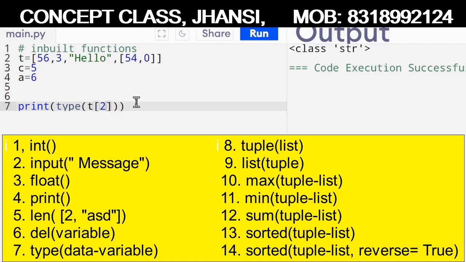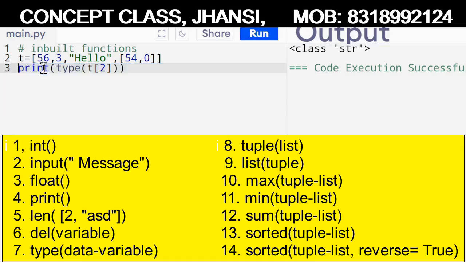So in this way we can check this. Now tuple, there is another function, tuple. Suppose this is the list we have been given and we want to change it into a tuple. It is a very useful function. You may be given a question